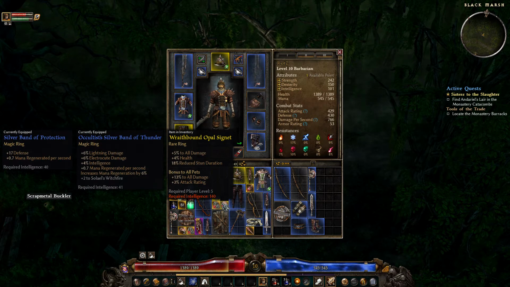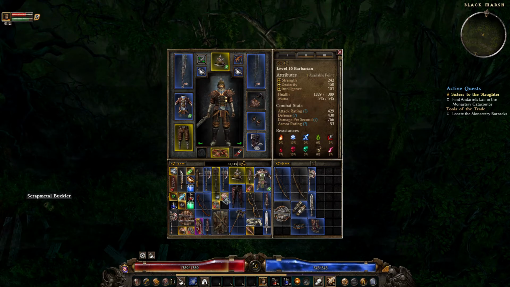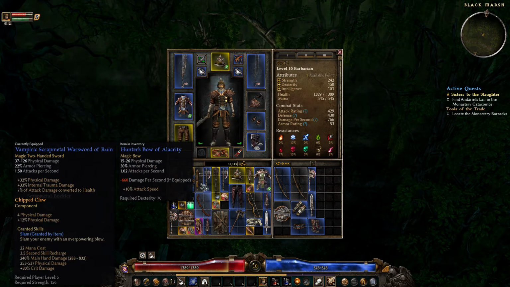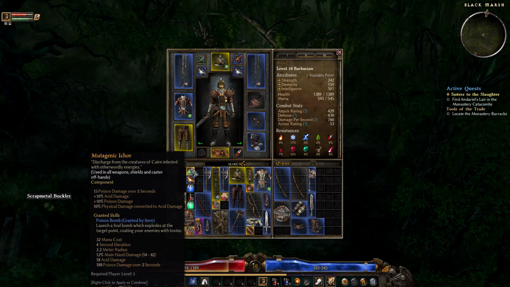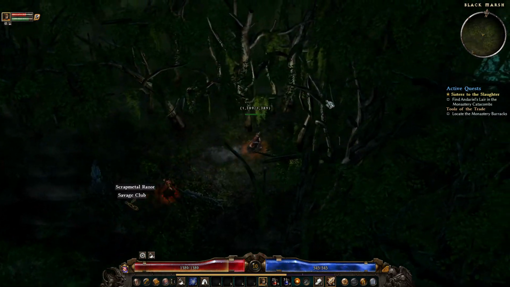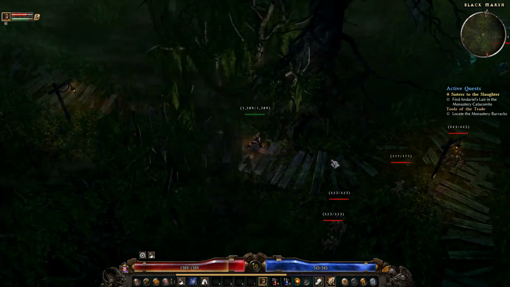Which shall we swap? Can't wear this. Oh, we don't have enough intelligence. Shall we pump into intelligence? I don't think so. Yeah, let's continue the journey. Great, we found the counters and